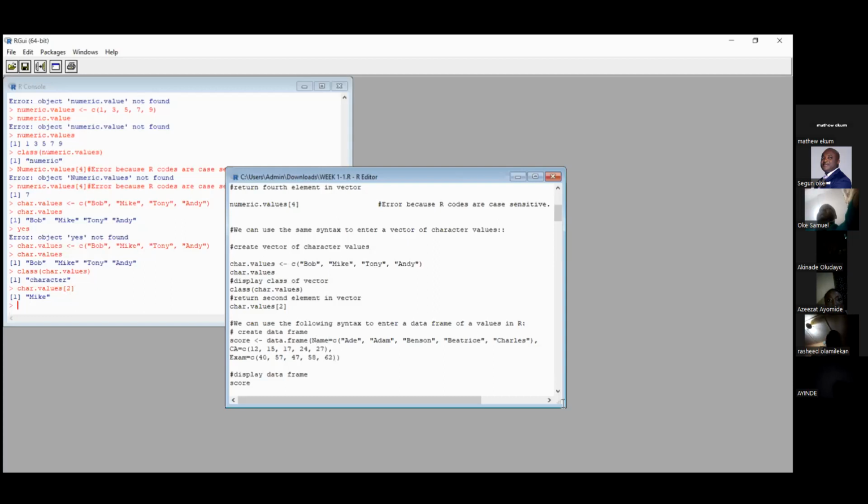So we have the name. I have Adam, Bensi. Those are the names. That is the first vector. I have under vector CA, which is 12, 15, 17, 24, 27. Then I have under vector exam, which is 40, 57, 47, 58, and 62. So I have three vectors in that data frame. So if I run this